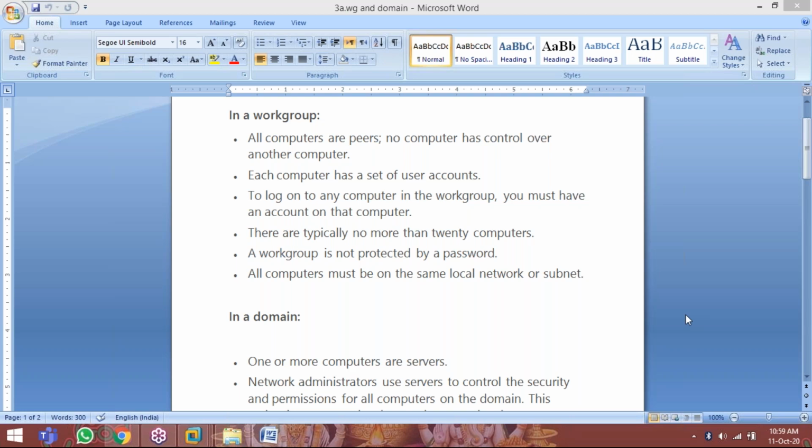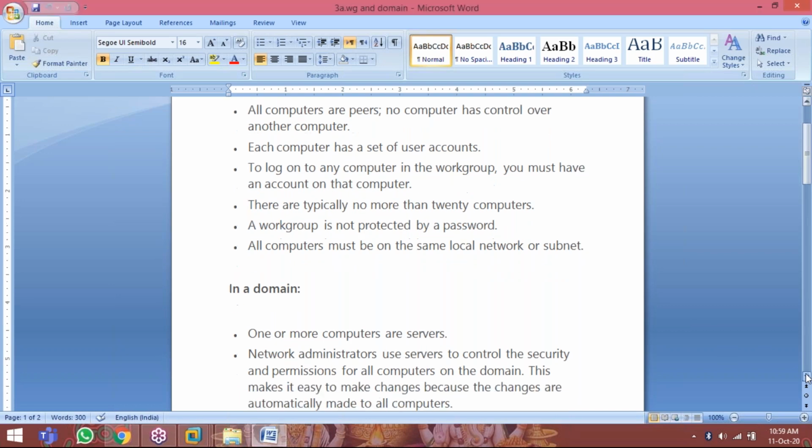I have a Windows domain environment in India, a different subnet in the US, another branch and subnet in Australia, another subnet in some other country. I want all the subnets to communicate, but a workgroup environment cannot support it. That is the reason we are going to enter the domain environment.